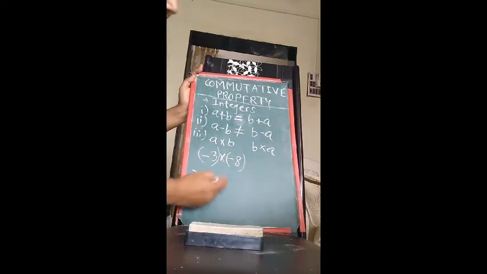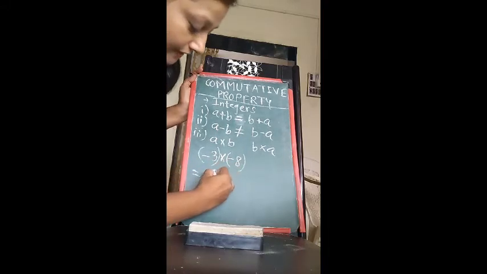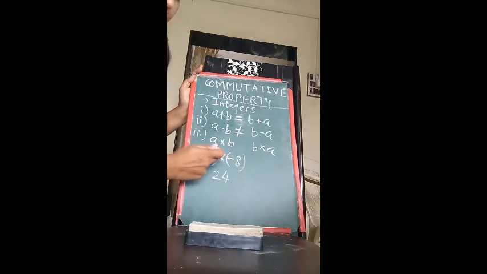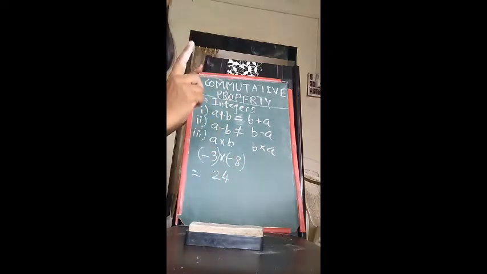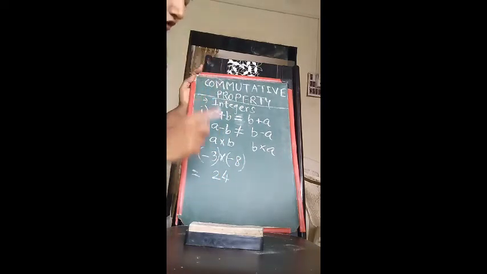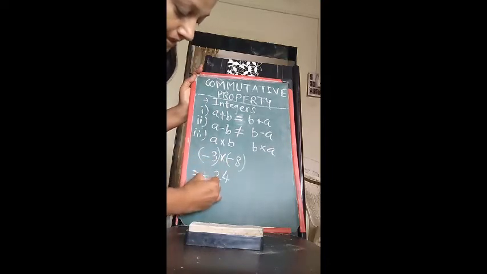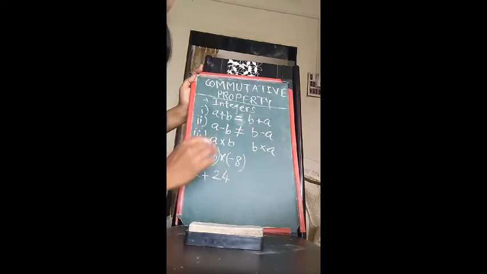Here we have to multiply the numbers, so we are going to multiply these two numbers. 8 multiplied by 3, what is the answer? 8 3s are 24. Yes, the answer is 24. Now we are going to see about the sign. Minus multiplied by minus will always be plus. These are the rules you have to follow always. Minus multiplied by minus, the answer is always plus. So our answer here is plus 24.